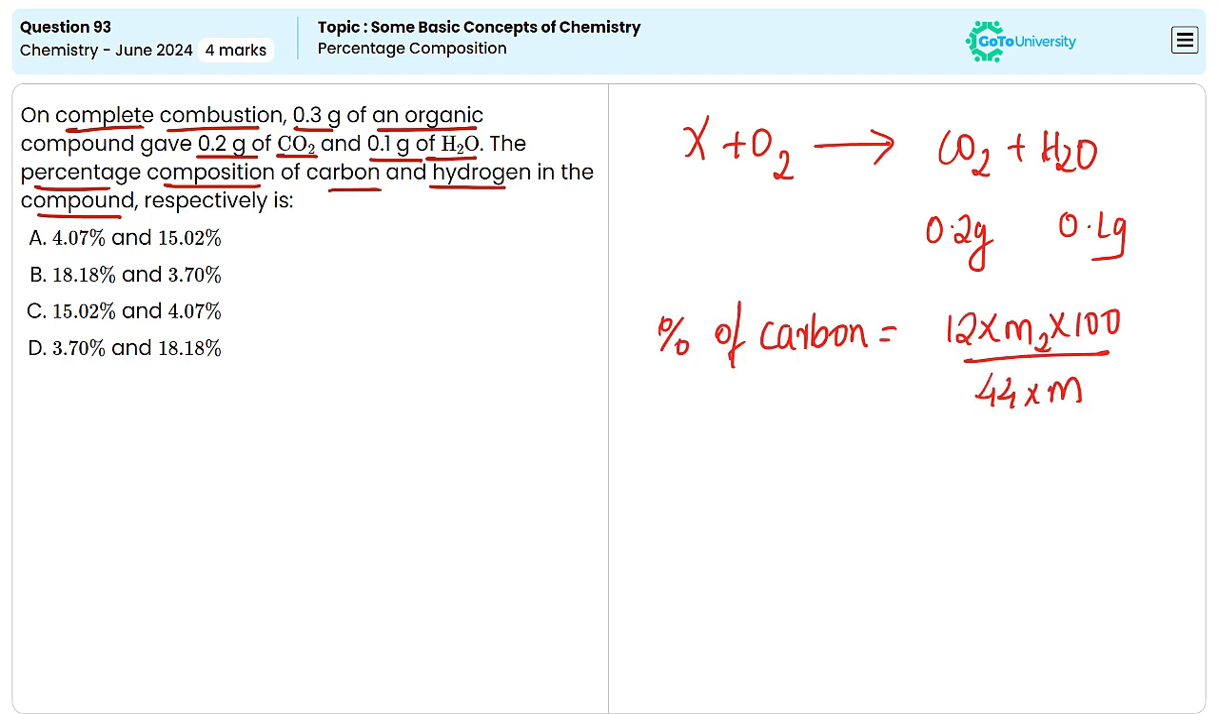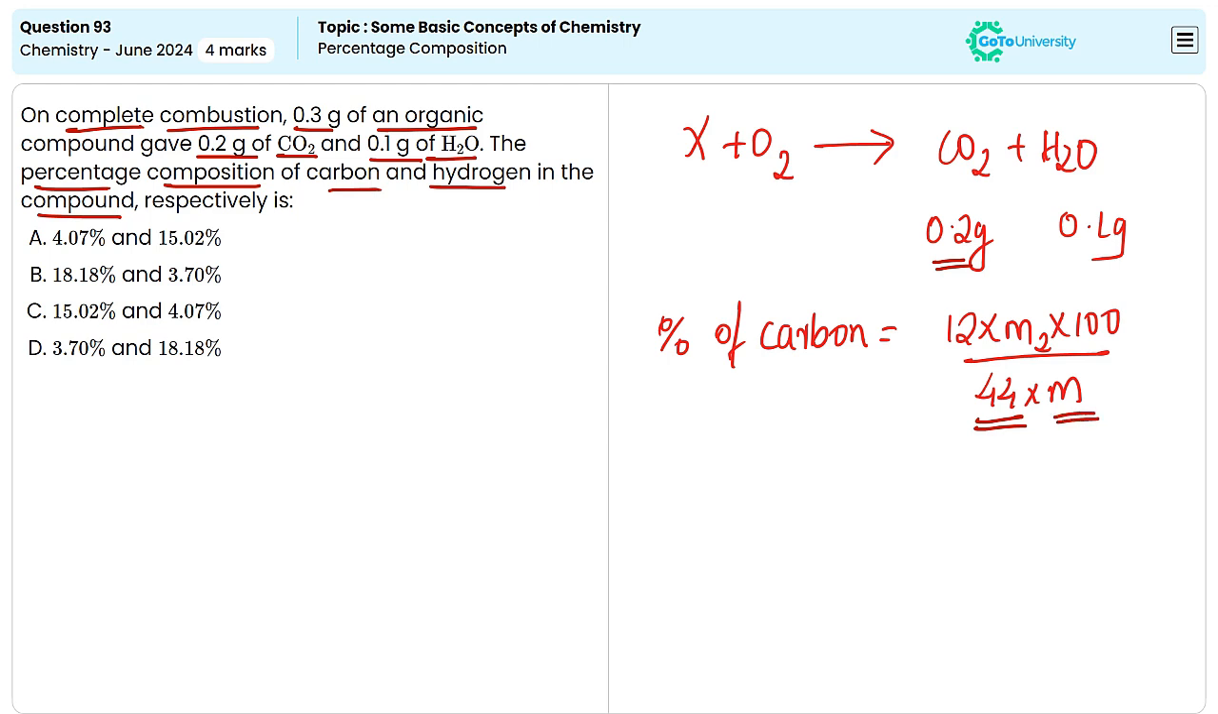We have the equation to find out the percentage composition of carbon, that is equal to 12 into the mass of carbon dioxide produced multiplied by 100 divided by the molar mass of carbon dioxide multiplied by the mass of the organic compound. Here M2 is the mass of CO2, that is given as 0.2 grams, and the mass of